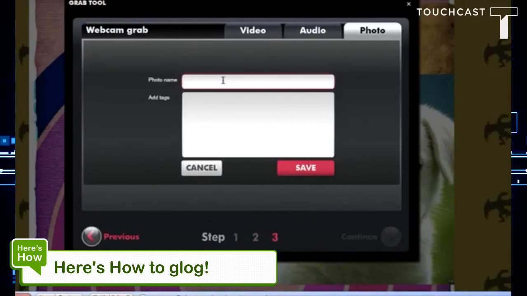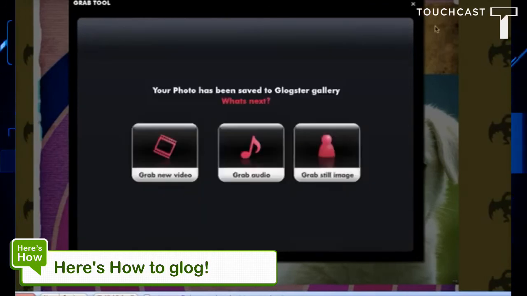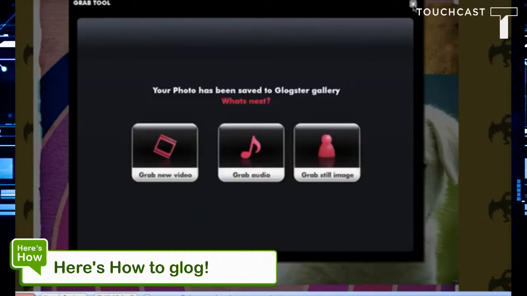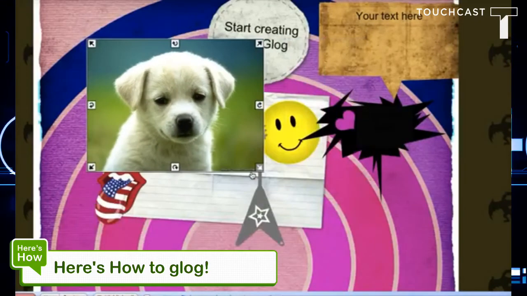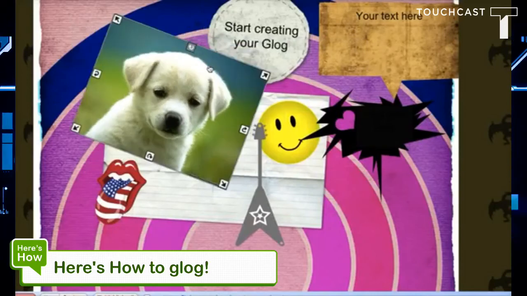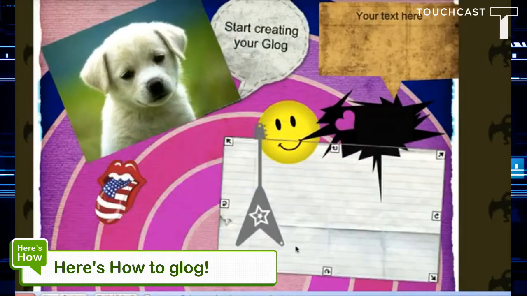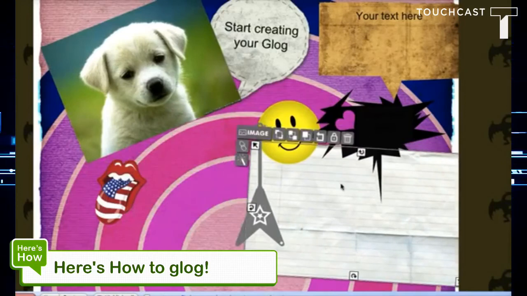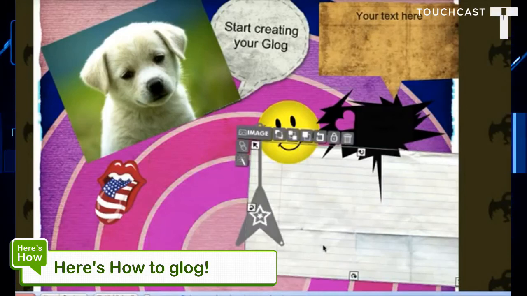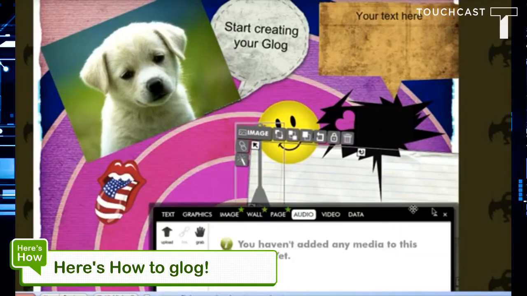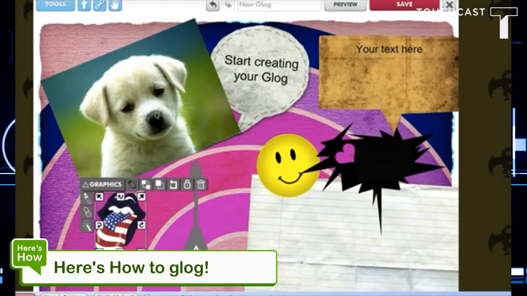You have to name your photo, and then it will be transferring. Once you're done recording, you can go ahead and close out of this, and then with your pictures, you have the ability to make them smaller and bigger. You can rotate them any which way you want. This is some paper that you can simply double click and add your own text that you might want, or audio, I guess, in that case. Some of the other features that you'll be able to see is when you select an object,